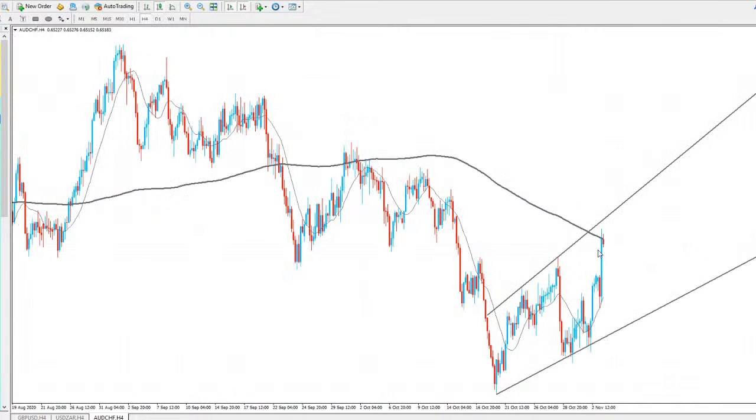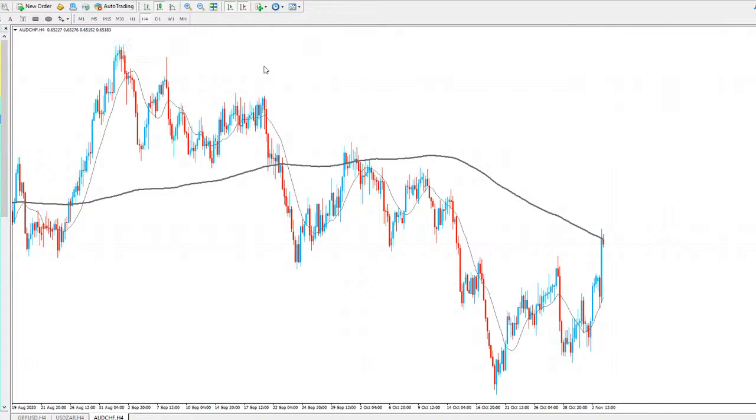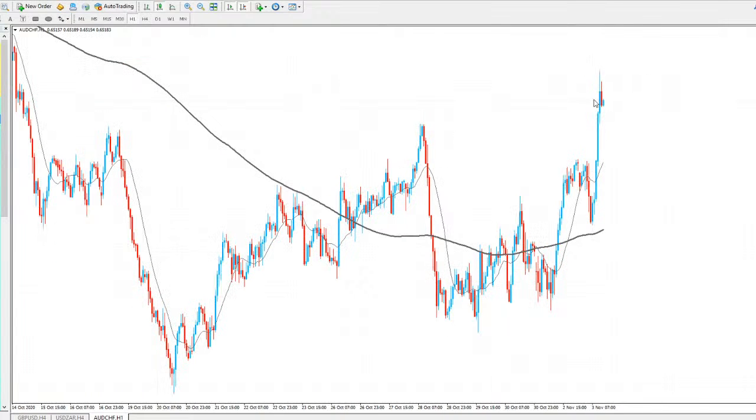On the 4H, again, probably see price retrace a little bit, but from a long-term point of view, I'm probably favouring price to continue to the upside and break out of that channel that I'm talking about on the daily chart and continue to the upside, potentially going to test the highs all the way up there. So long-term bias is to the upside, but we could be seeing a brief move to the downside on the lower charts before that happens.